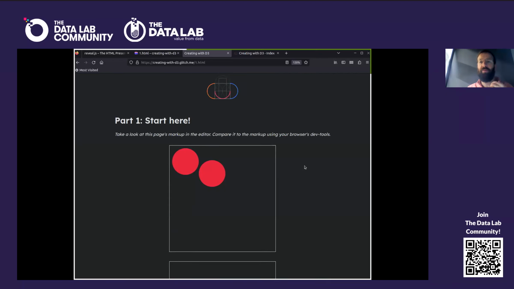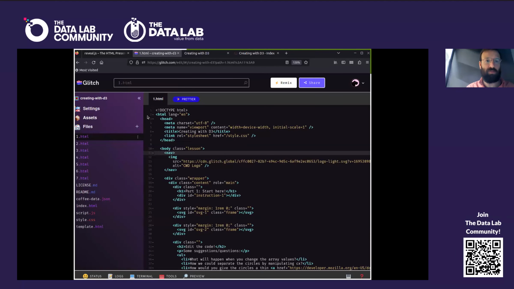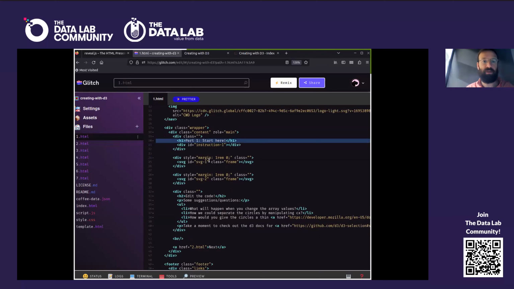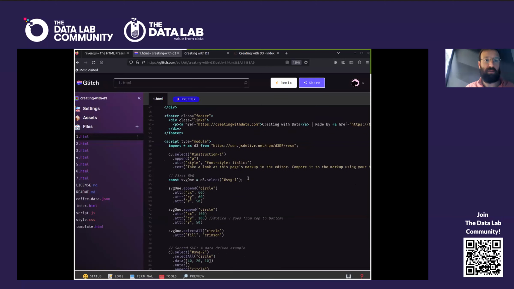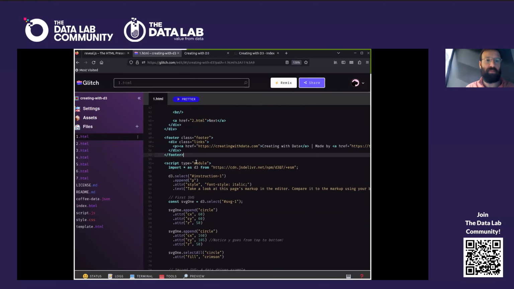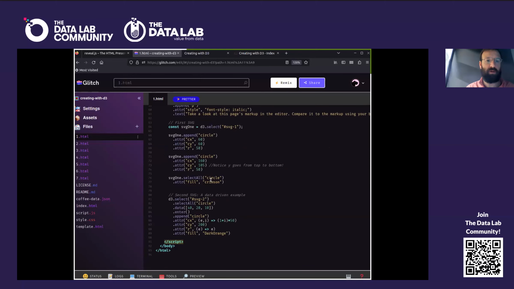And what I'll do is step through some of the code that we have for this page. So if I switch back to Glitch, what I'm looking at here is the markup for 1.html. We've got that header that says part 1, start here, a div element with an ID of instruction1, an SVG element with svg1 as the ID and another one with svg2 as an ID. They're both empty to start with. I have a couple of notes. I've got a link to the next step. And then at the bottom here, we've got this script block